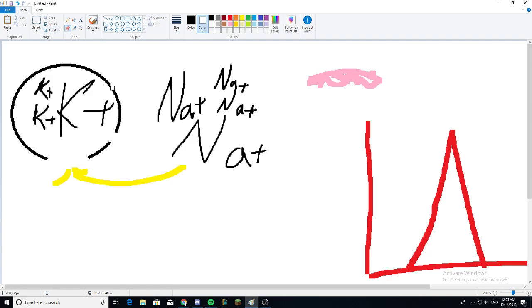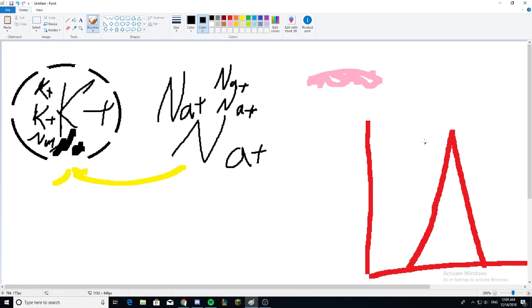So basically all of Nathan's gated channels will now open up and allow him to get inside. So the higher the amount of Nathans that are inside, that's very big. The amount of Nathans that came inside over here,